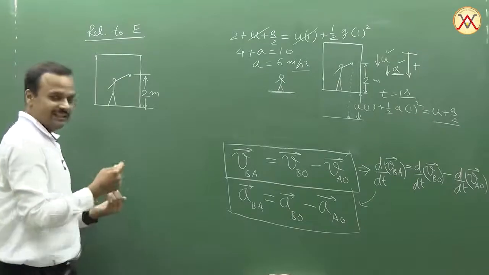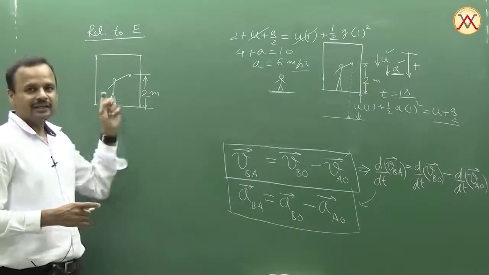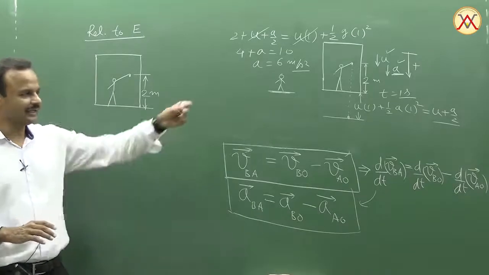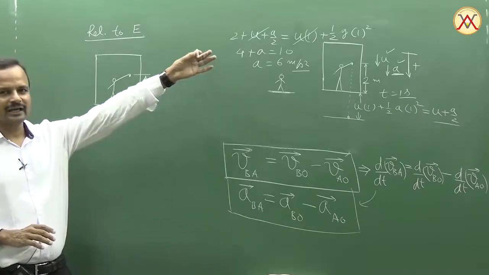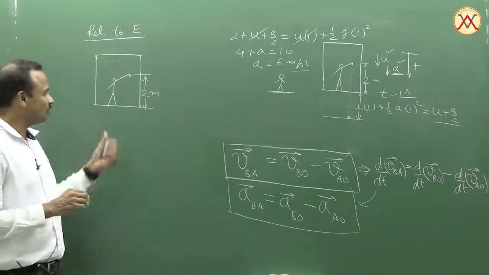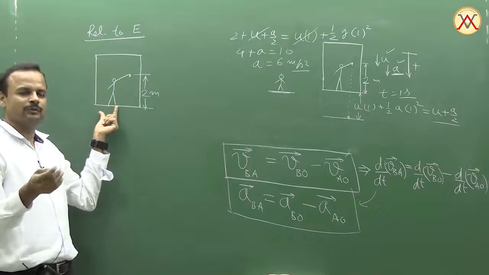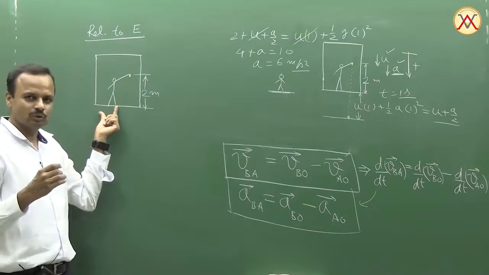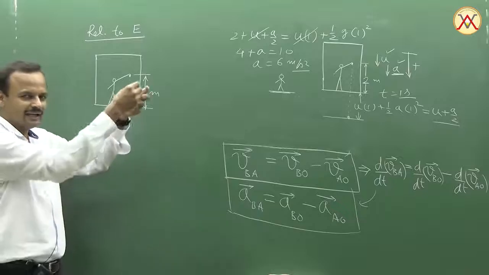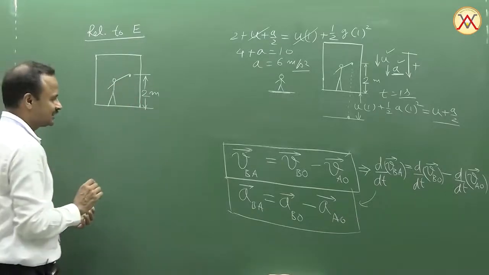Now what about the initial velocity of the coin? As seen by this person, the initial velocity of the coin is 0. He is stationary relative to the coin and he has just released it. So the velocity of the coin with respect to the elevator initially, meaning before being released, is 0, and just after being released will also be 0, and then it will fall down. So the initial velocity is 0.